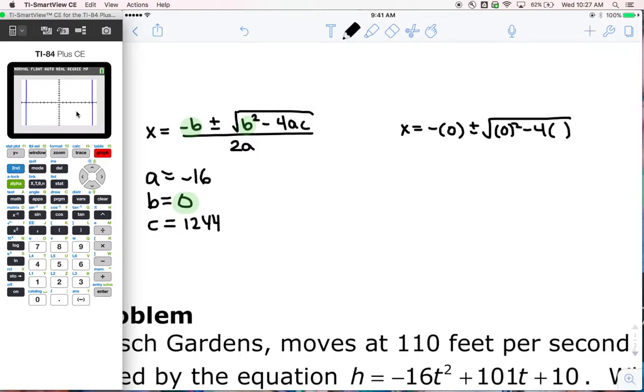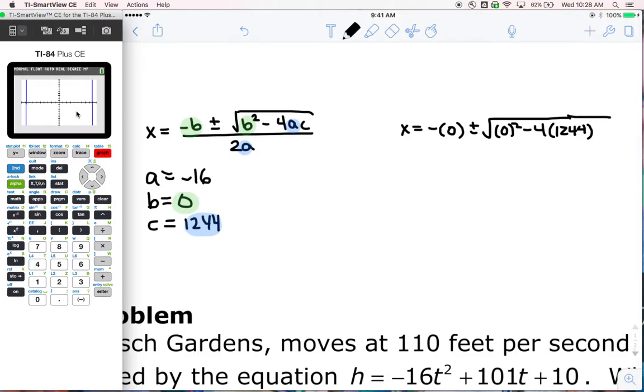Let's see, what is a? Hang on. All right, we got a right in here, which is 1244. Kind of a huge number, times,